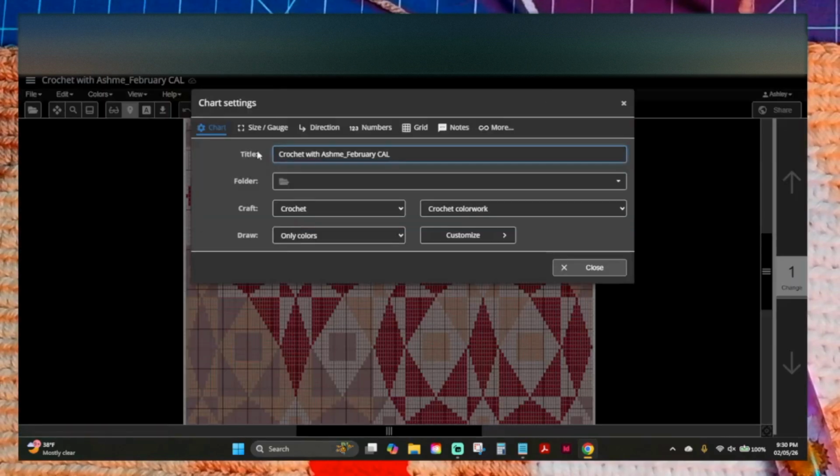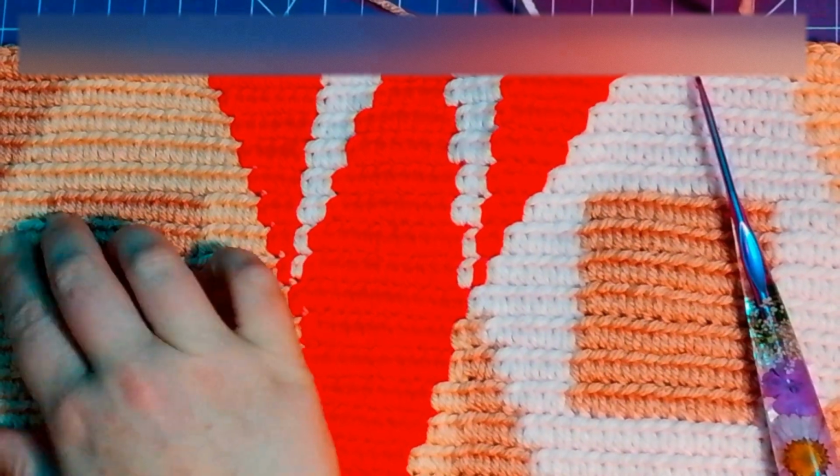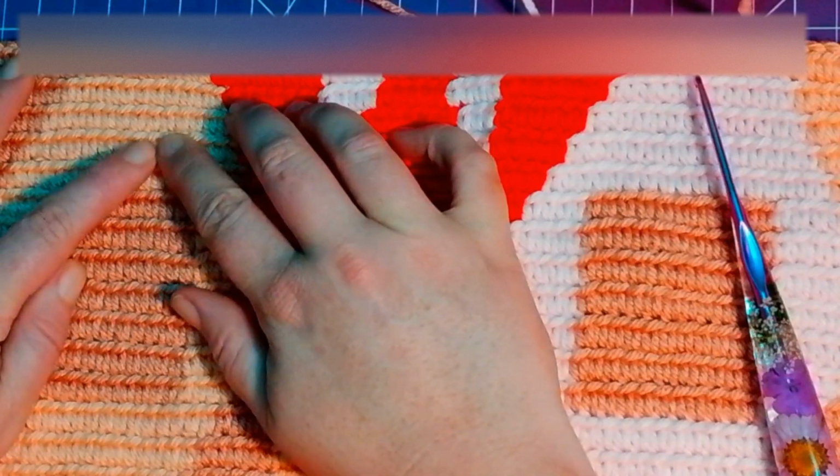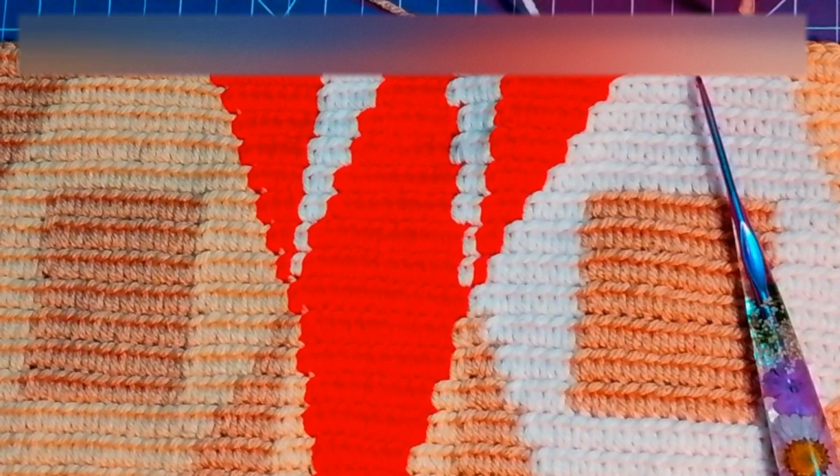So under chart settings, you're going to have an option here to adjust your gauge. Right now they are very rectangular, so it's going to be twice the number of stitches I can do across the width as height. So that's where we get this very tall and rectangular stitch gauge. If you look, you can tell that one stitch is going to be about twice as high as it is wide. So what that does mainly when you're building your chart